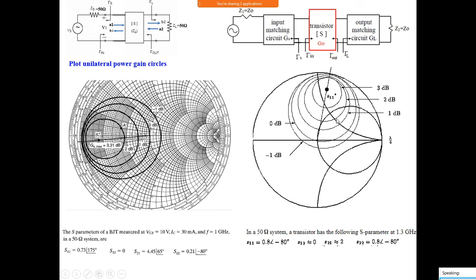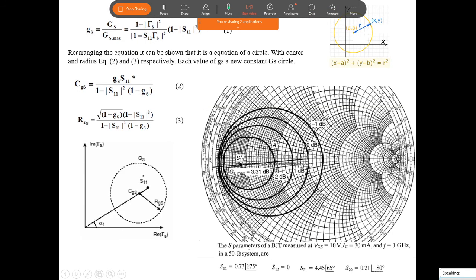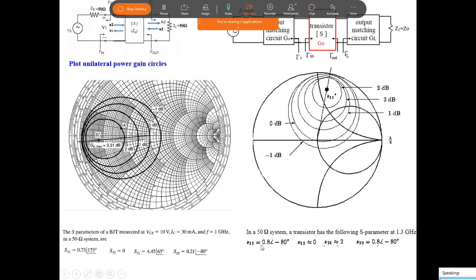So like that, while designing an impedance matching network, it is not a simple task here. Based on the gain requirement, you should choose the input impedance that is needed. Then you have to design the input matching network to give a particular value of gain. So this is about choosing the input impedance and the output impedance to get a required value of gain.